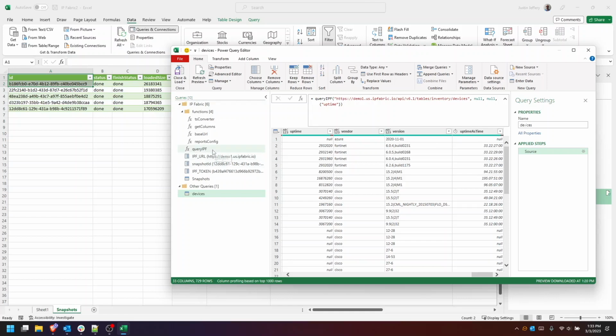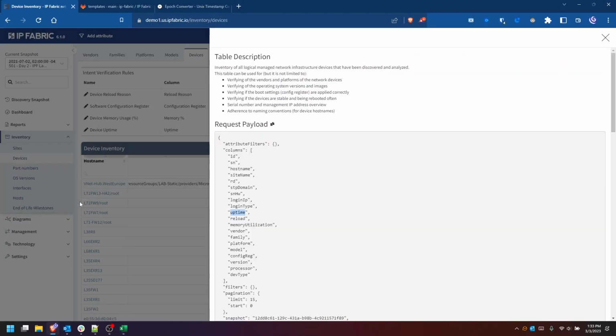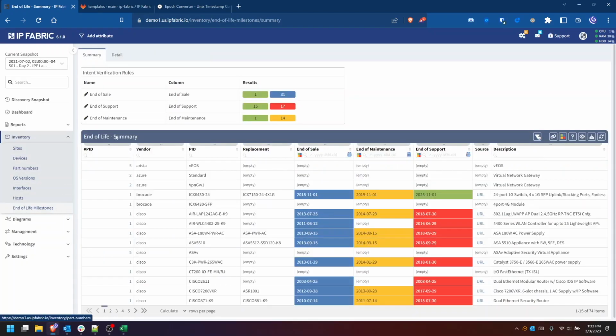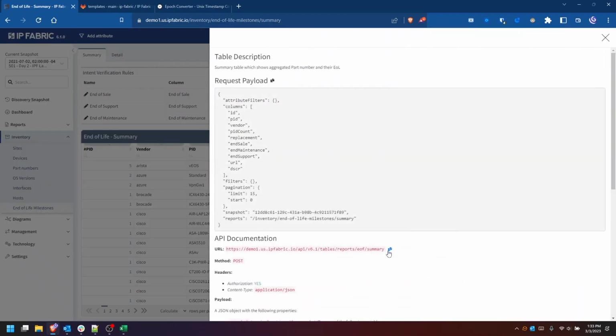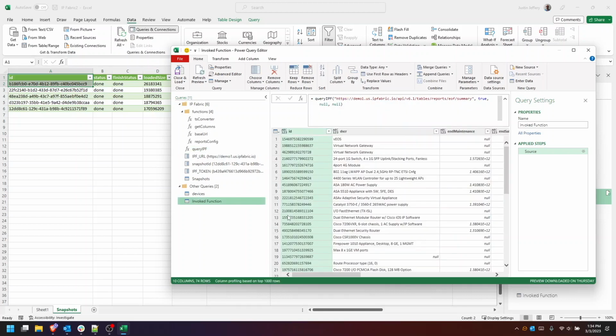So let's create one more query before looking at the data. This time I'm going to do the end of life milestones because this has dates in there, so a little different. So I'm going to look at the table description, copy the URL, put it in there, and set reports to true, and invoke. So now end of life, and